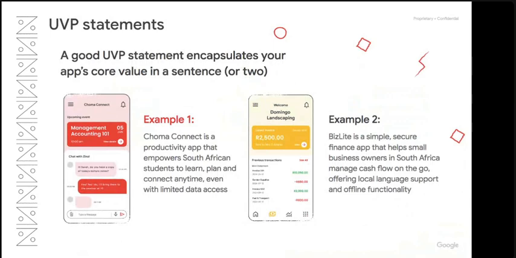So now let's look at unique value proposition examples. You can see example 1 and 2. The first example speaks about